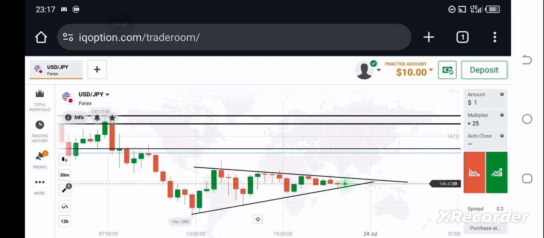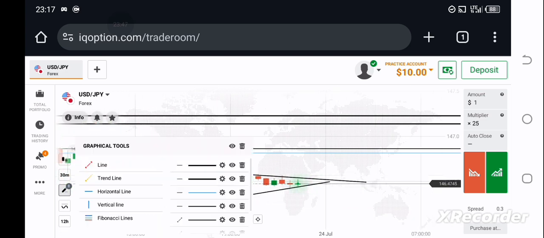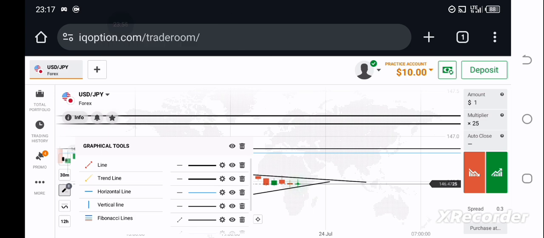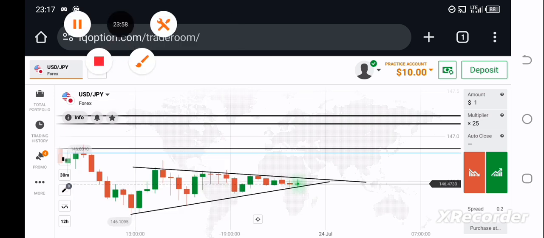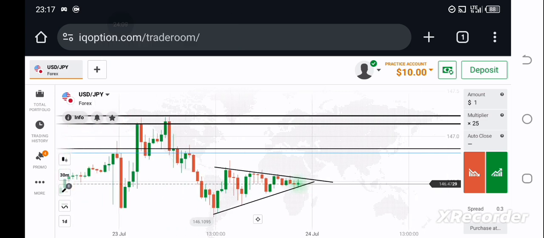So a breakout of the market from the lower side, if we see a breakout like this, if the market breaks this level with a strong body, okay, it is a confirmation that the sellers want to continue. If we see an upper breakout with a strong bullish body, okay, a strong bullish candlestick, it is a confirmation